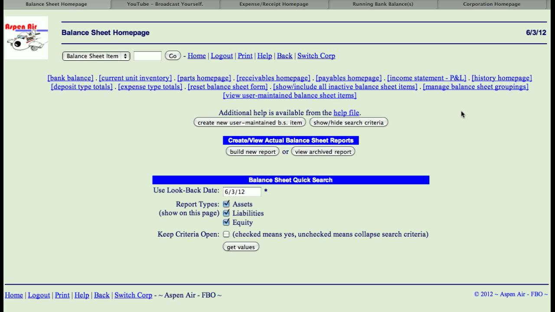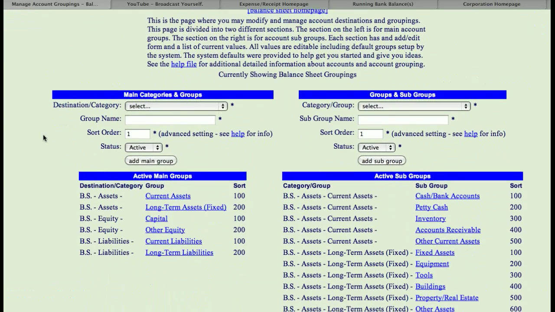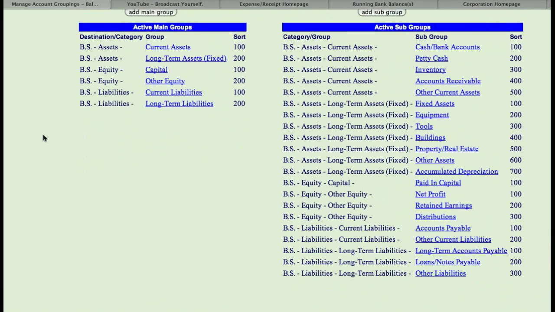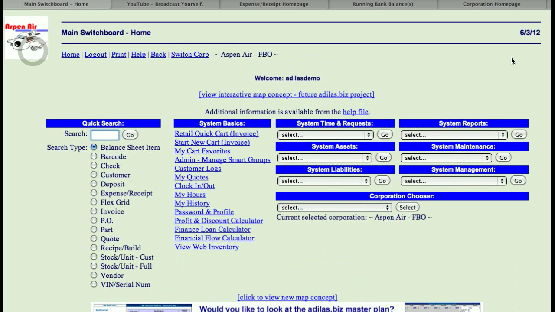You also have groupings up here at the top that's a little deeper, and I will have a tutorial on how to add different groupings, but basically that is the same as widening out the range of groupings that's available in the default. So once again, that concludes how to add a balance sheet item, a user maintained balance sheet